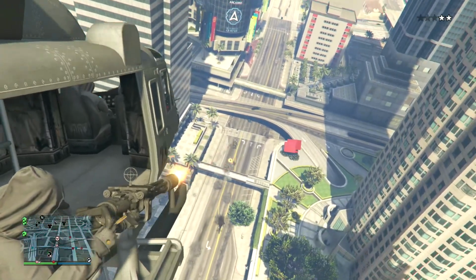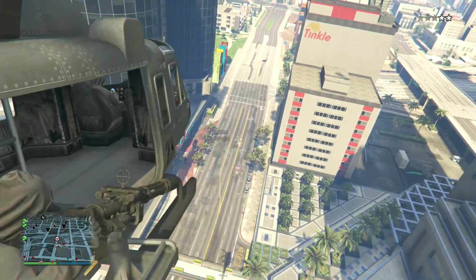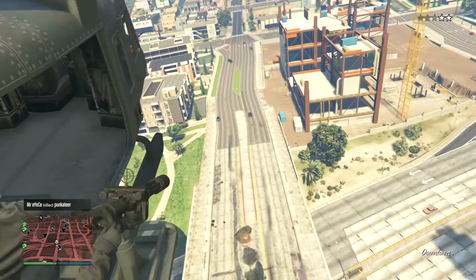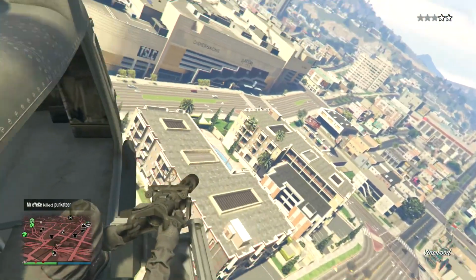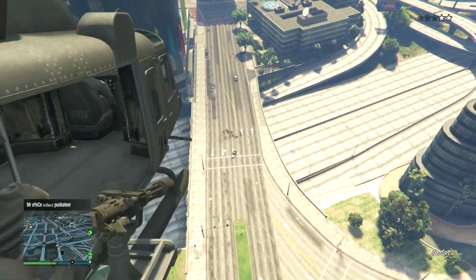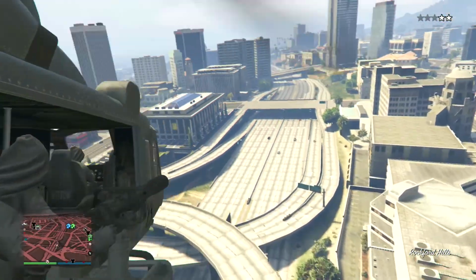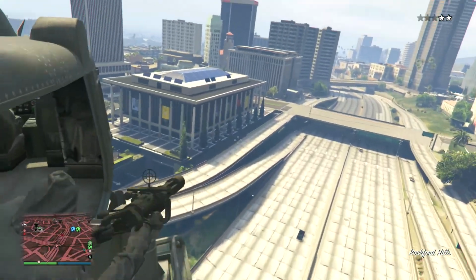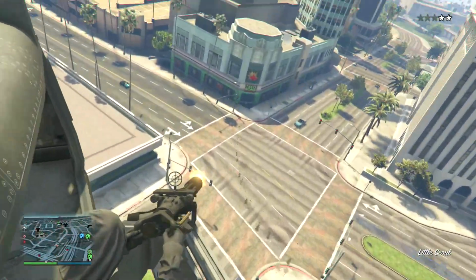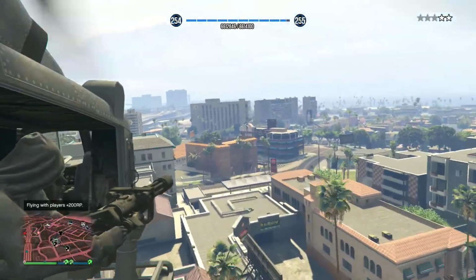Another thing I want to say is that I think they should make every air vehicle take at least two hits to take down. That would mean every helicopter and every airplane should take at least two hits. Maybe some of the more advanced, bigger and more armored vehicles could take three. Let's say maybe the Cargo Bob, since that's bulletproof, the Titan, the Miljet, maybe the Luxor, stuff like that,